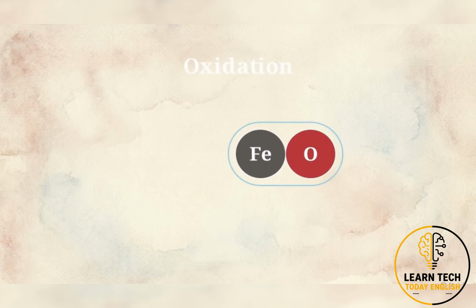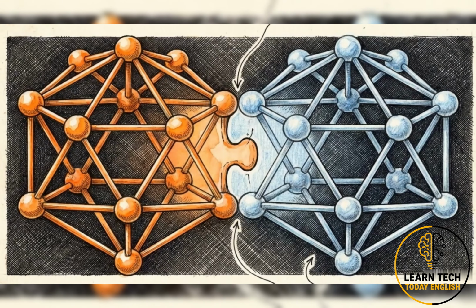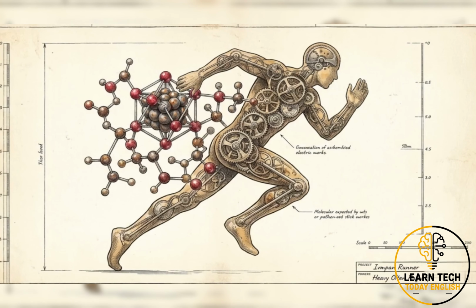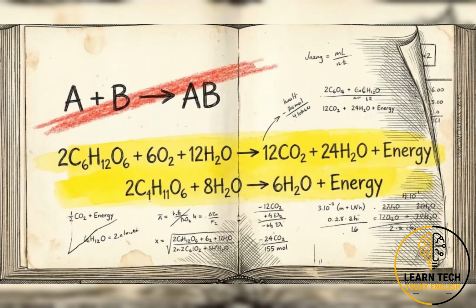movement of individual atoms. Chemists use a precise framework called oxidation and reduction, commonly known as redox, to map exactly where these atoms travel. Mastering redox reveals the invisible rules governing everything from rusting metal to the cellular metabolism keeping the human body alive. To uncover the mechanics of redox, we will bypass simple examples and immediately deconstruct a fully